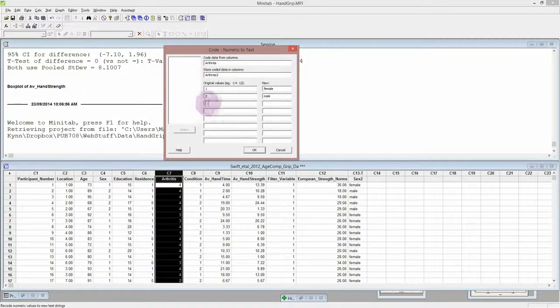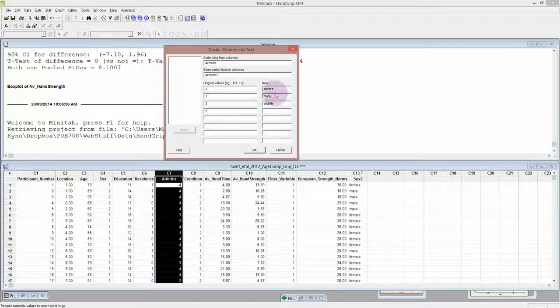And we had 4 levels, 1, 2, 3 and 4. 1 was severe, 2 was mild, 3 was slight,